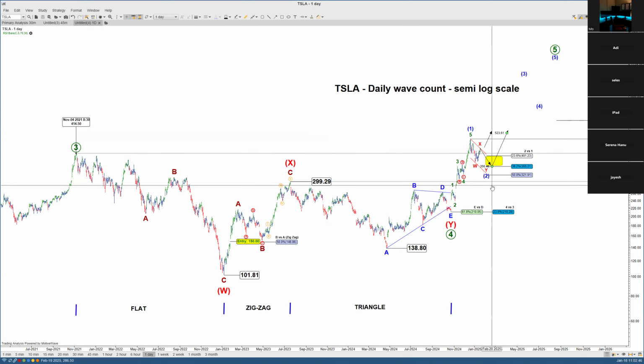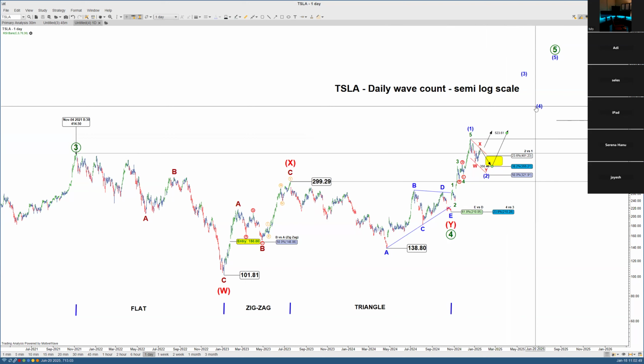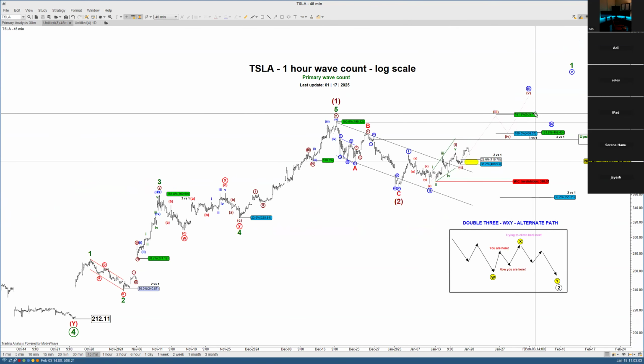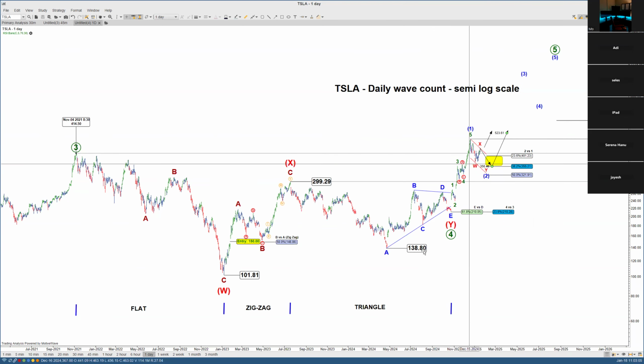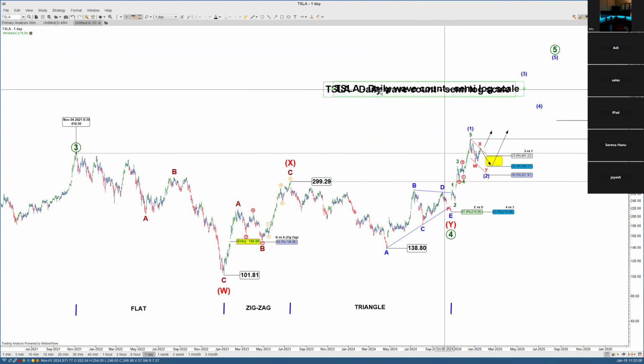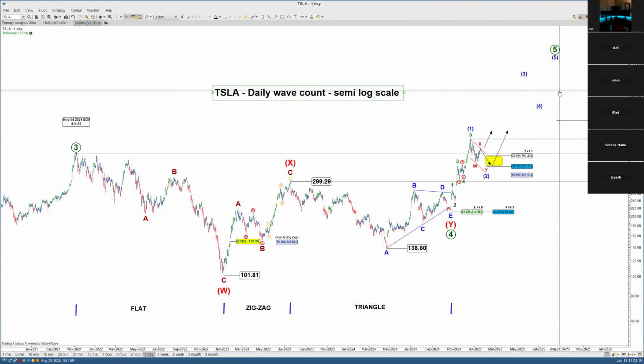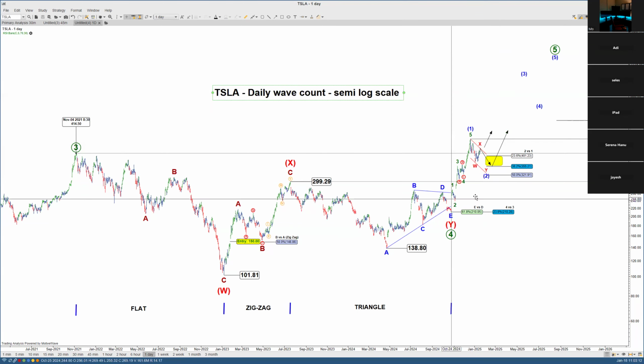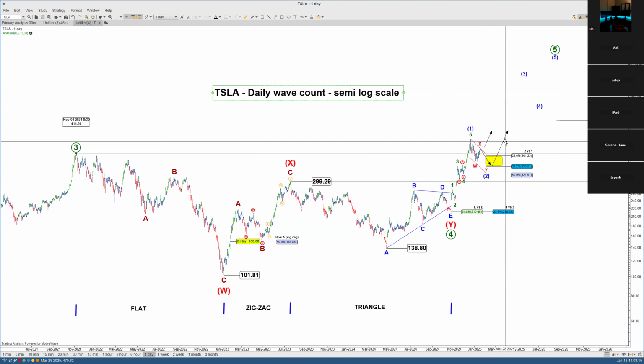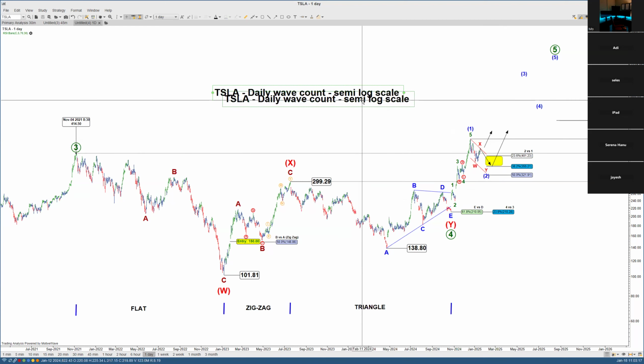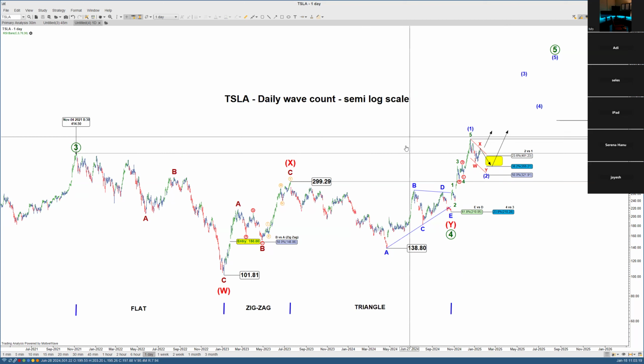Regardless of what the outcome is, the path is to the upside. What time that will take? Well, I don't know that. I cannot give you that. But when we break this 488, then on a smaller time frame I have some of these projections here, and if I need to go back and run larger, it's pretty much going to be the same because there's not that much room Tesla has made to the upside. Now the point is this: